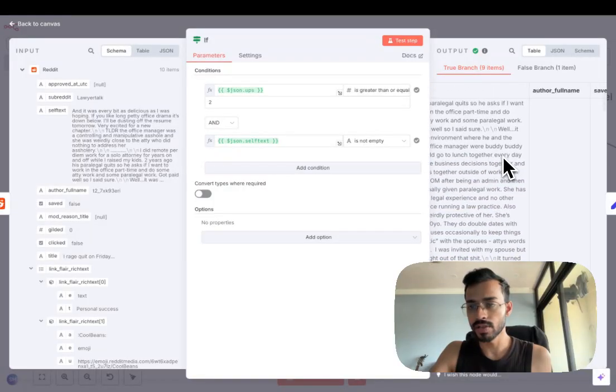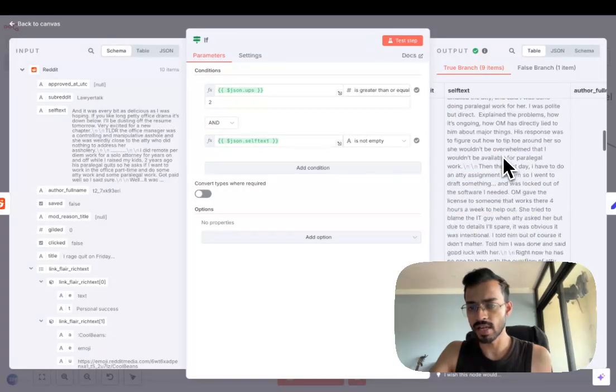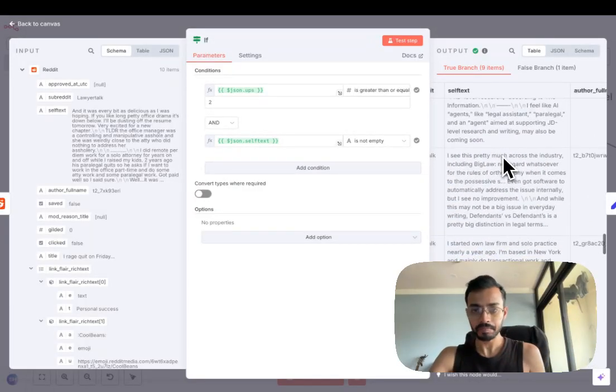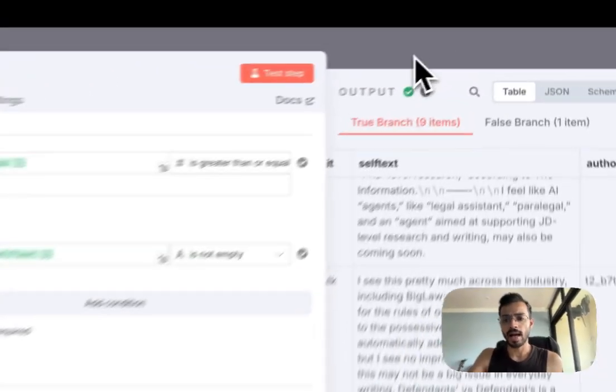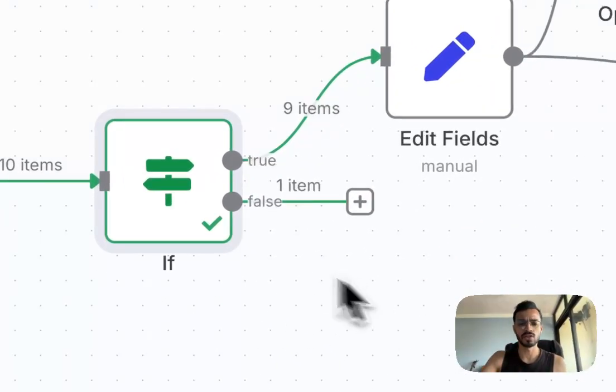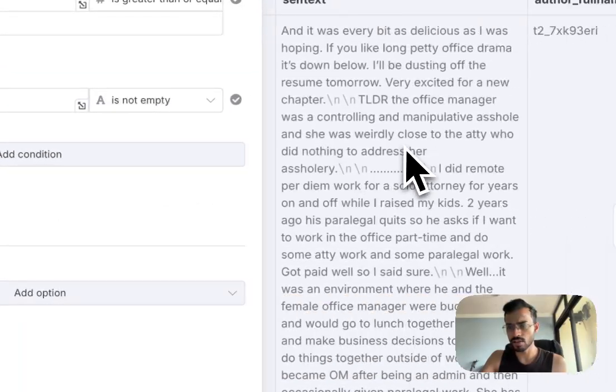And here's the data I'm receiving right here. All right. This is all the ideas that I have on Reddit, right? And then once I have this data, I want to clean this up a little, because if you see at this stage, there's a bunch of data.